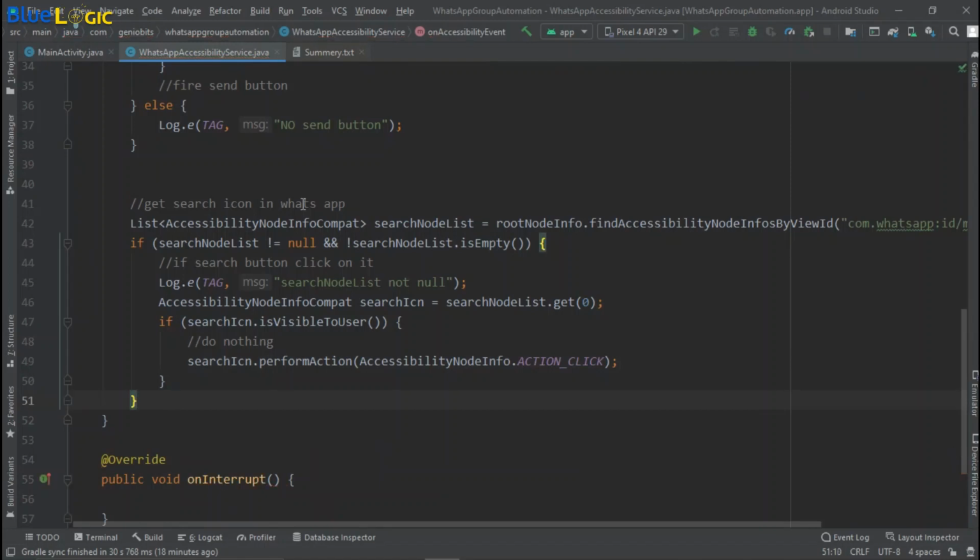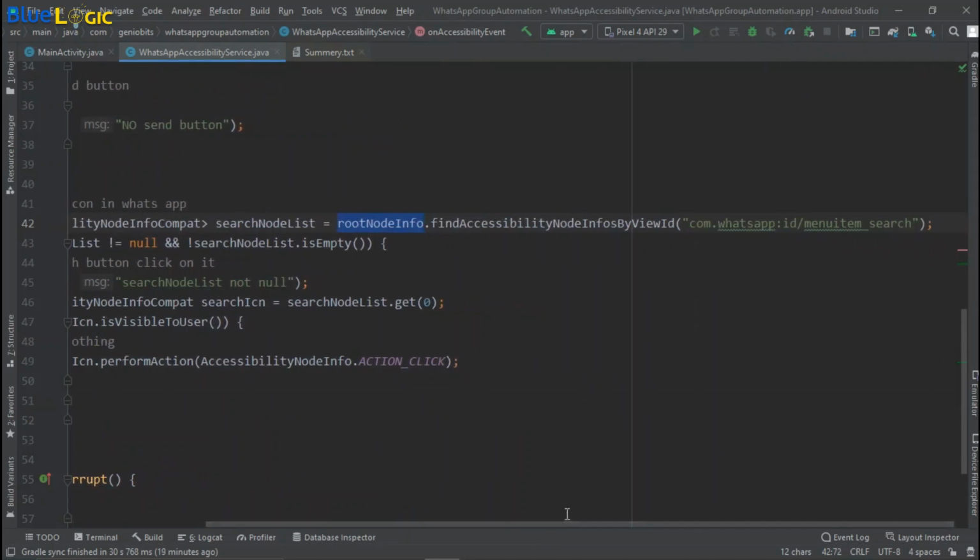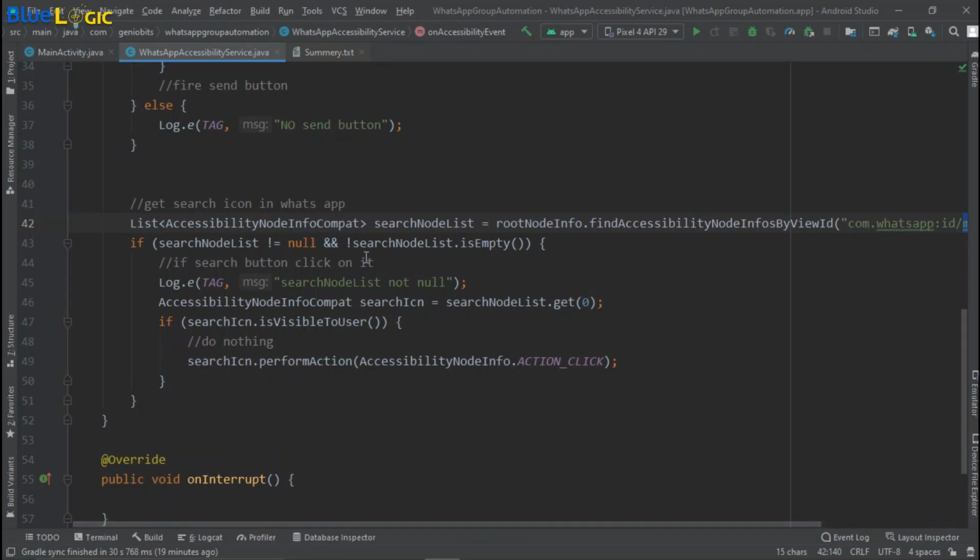So here I have taken all the list of the nodes where ID equals to menu item underscore search, which is just basically the ID of that button, the search icon. And then here I check if it is null or if it is empty.